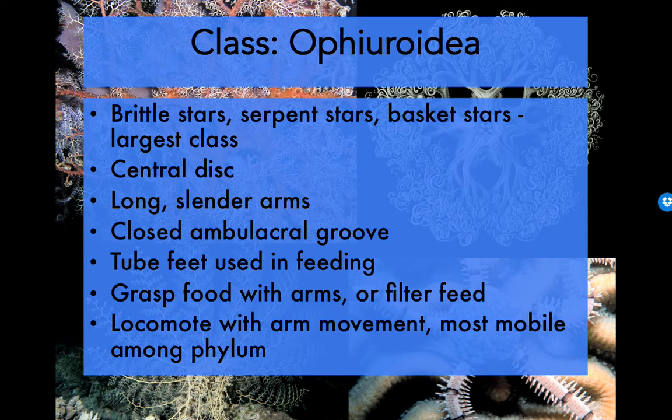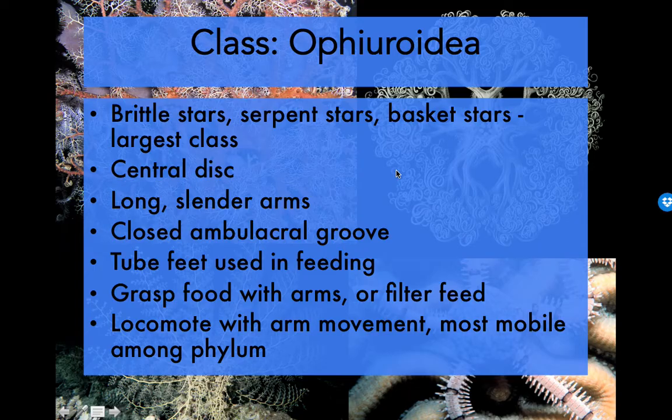Class number 2 are the Ophiuroidea. Ophiuroidea means it looks like a serpent or a snake. Ophio means snake. Uro means tail, actually. And oidea means looks like. So these look like snake's tails. So it includes brittle stars, serpent stars, basket stars. And it is the largest class of